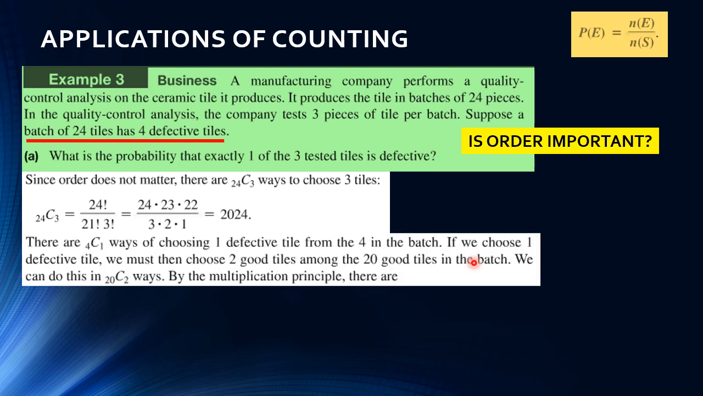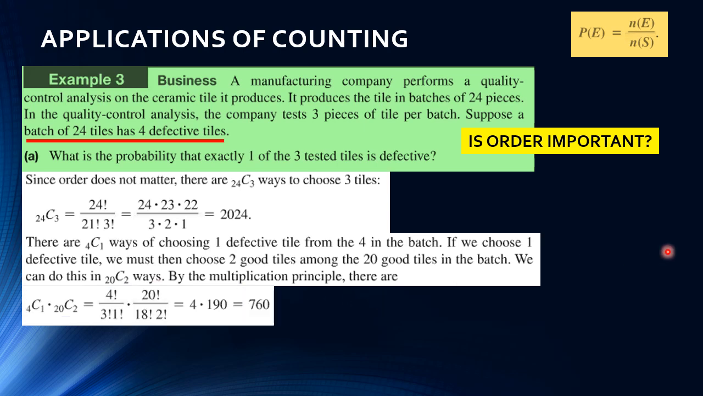There are the combination of 4 things taken one at a time ways of choosing one defective tile from the 4 in the batch. If we choose one defective tile, we must then choose 2 good tiles among the 20 good tiles in the batch, and we can do this in the combination of 20 things taken 2 at a time different ways. By the multiplication principle, there are then